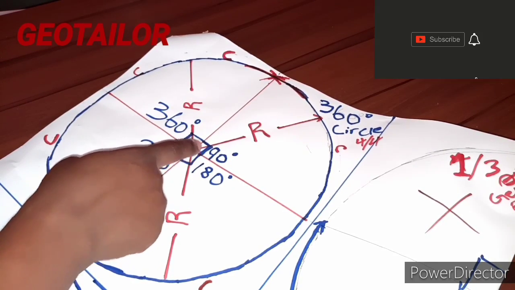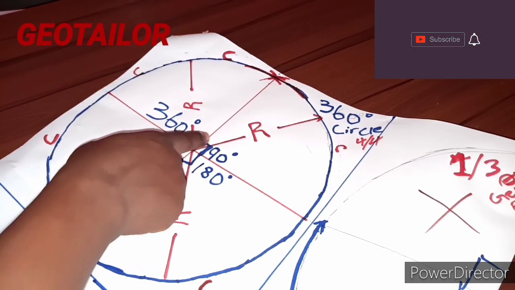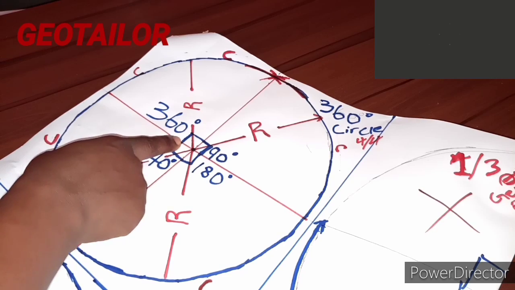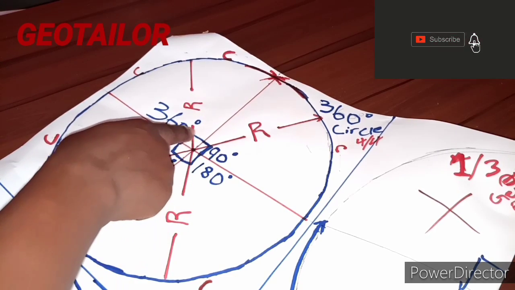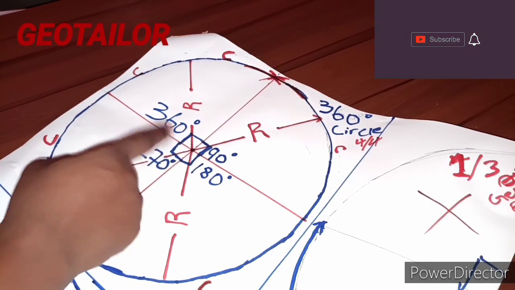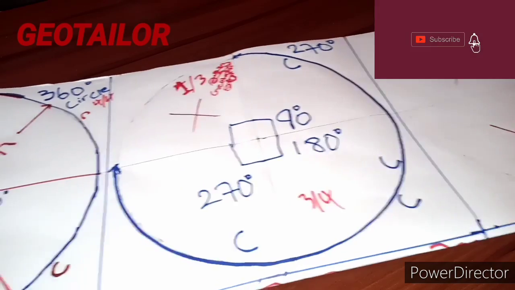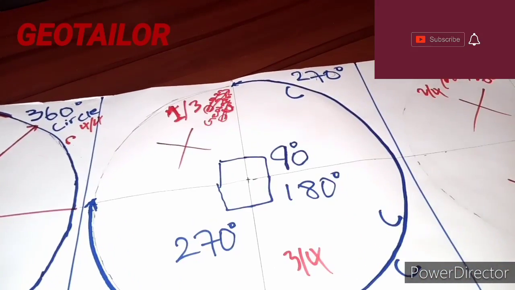here is 90 degrees. From here to here is 180 degrees. Here to here, from here to here is 270, and from here to here is 360 degrees. Hence the name 360-degree circle. The next circle on my list here is